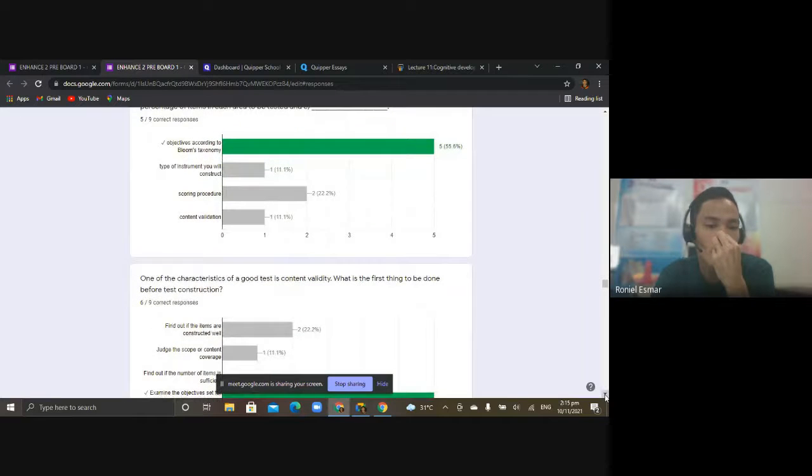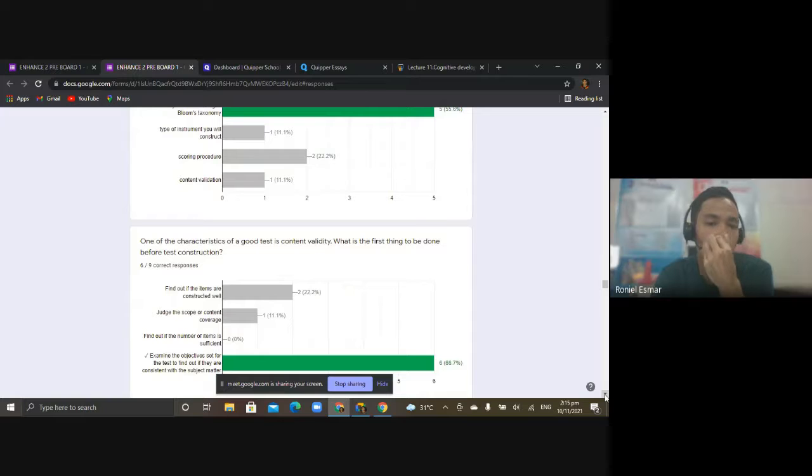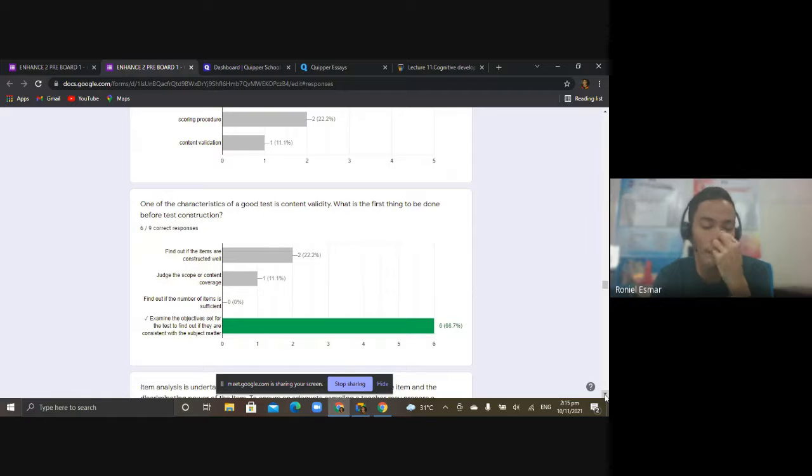Next item. One of the characteristics of a good test is content validity. What is the first thing to be done before test construction? What will we do before we construct the test items? Is it number one, find out if the items are constructed well? Somebody answered two. If we analyze carefully the question, the first thing to be done